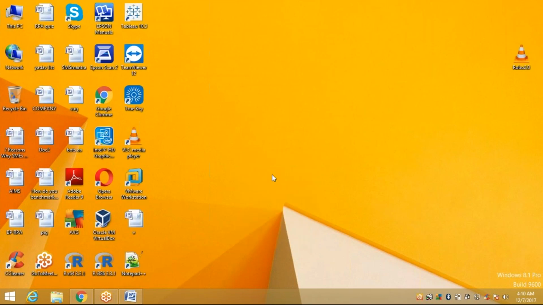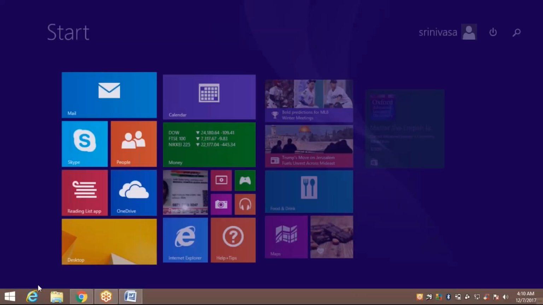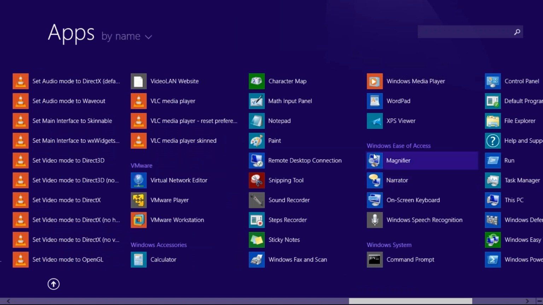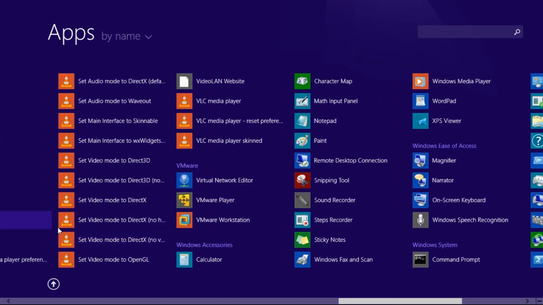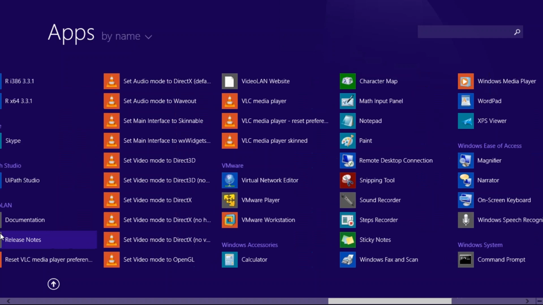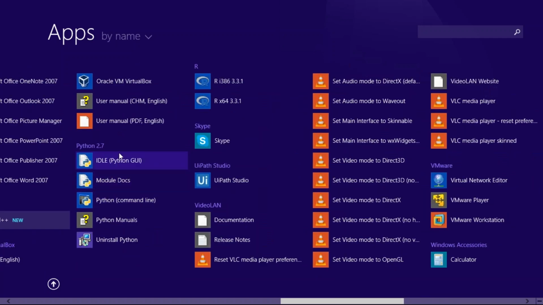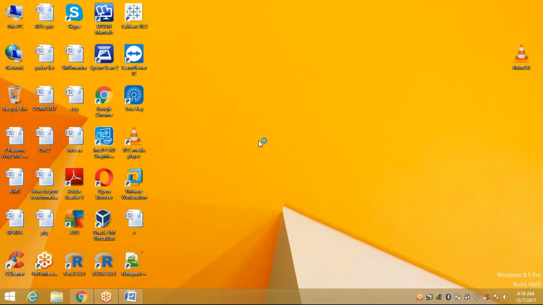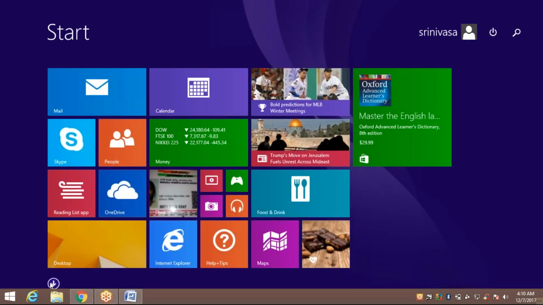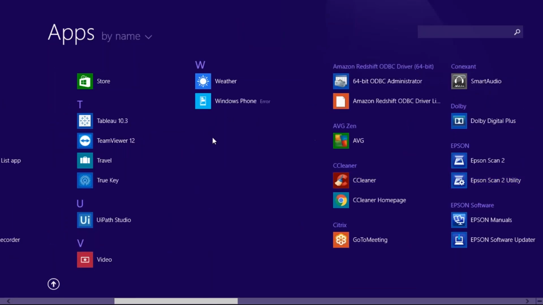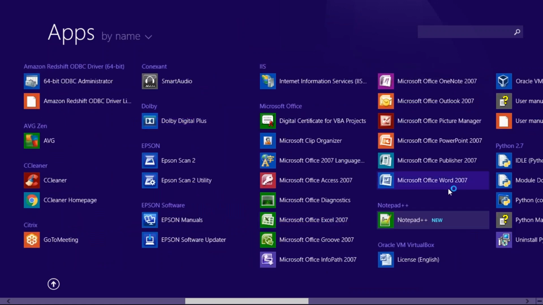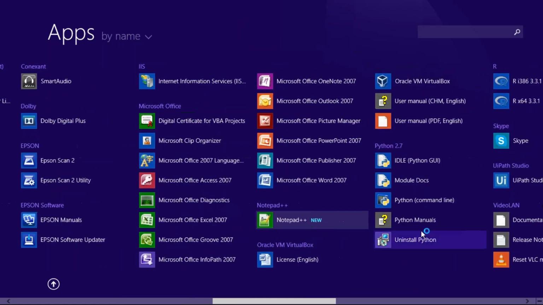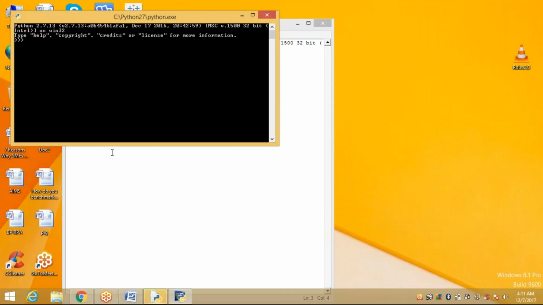So, how many ways have you practiced that? I can tell you. So, see here. You can practice in either an integrated development environment or the command line prompt.